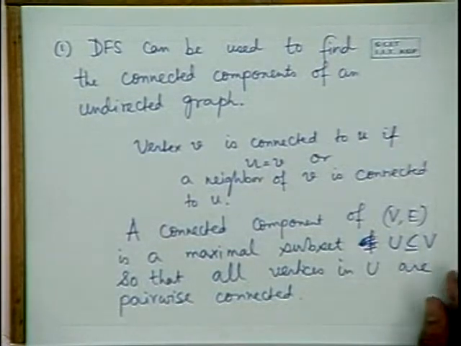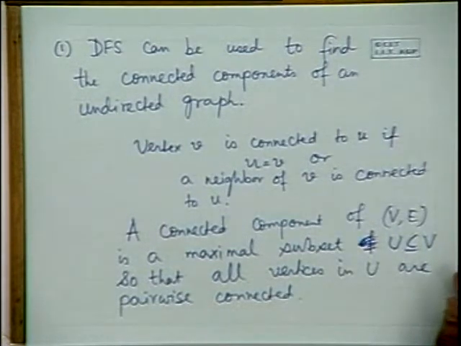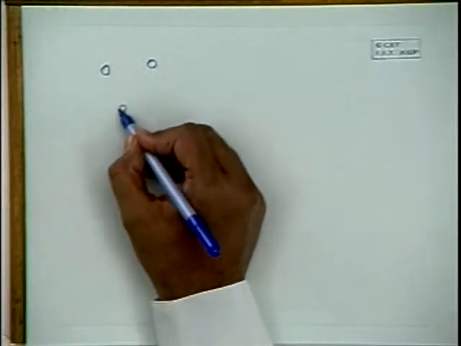So first we define what we mean by two vertices being connected. That is this definition. After that we say a connected component in a graph is a maximal subset. So you take a subset of the vertices and you take it as large as you can, so that in that subset any two vertices are connected. So let me just draw a picture and it will be immediate to you what a component is. And that's the way you probably always call it intuitively.